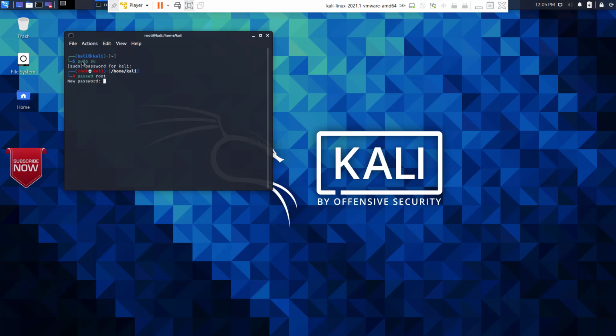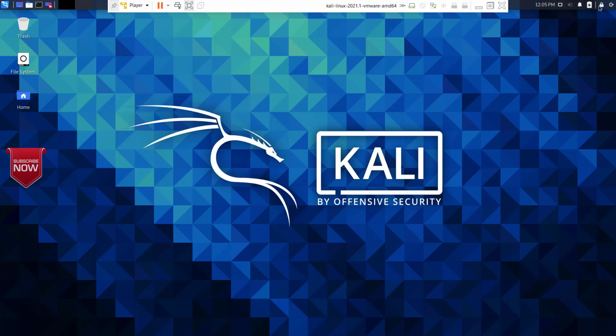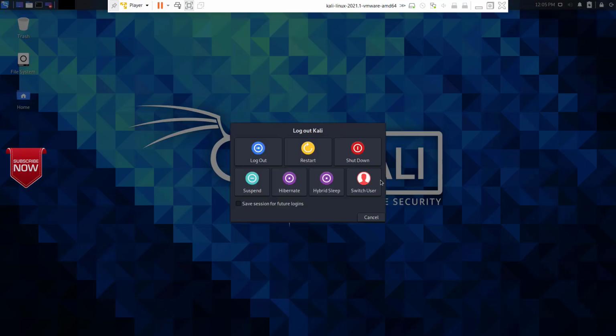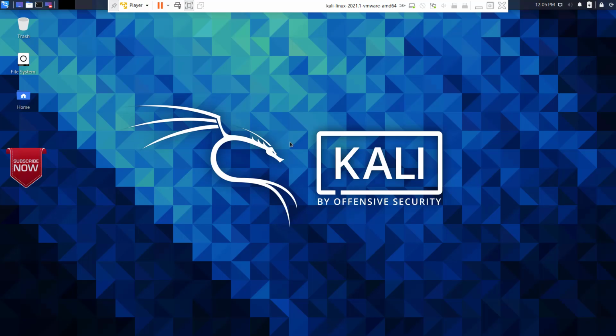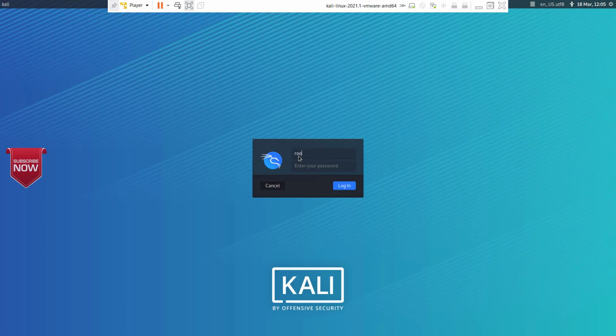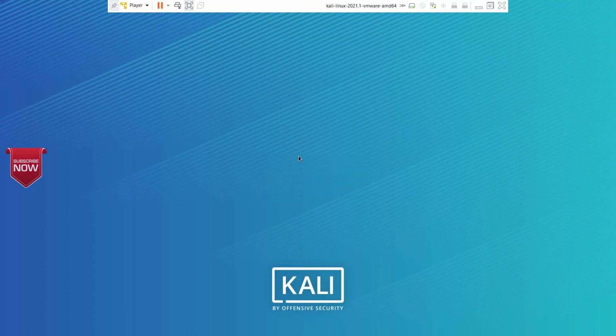Enter the password, retype the password. That's it. Your password has been updated successfully. Let's exit, and try to log in with our root password. So switch user, enter root and the password that we have set up, and we have logged in as the root user.